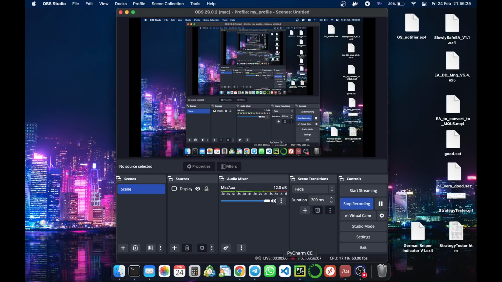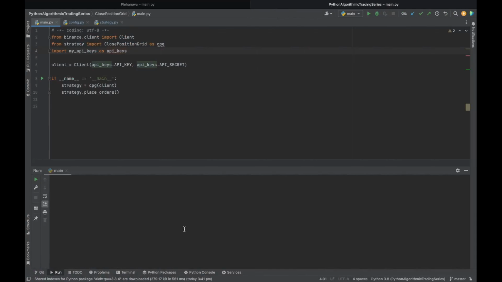So today I'm gonna share with you a little Python script which should help us to place sell limit orders for closing position. Basically it will look like a grid of orders. So it should help in case if you have a lot of